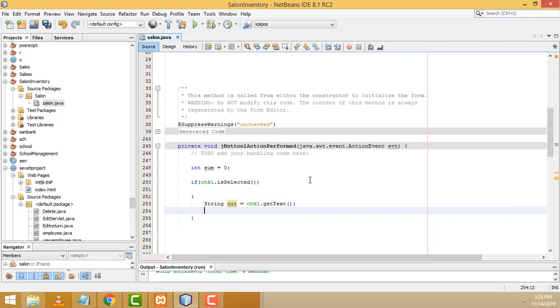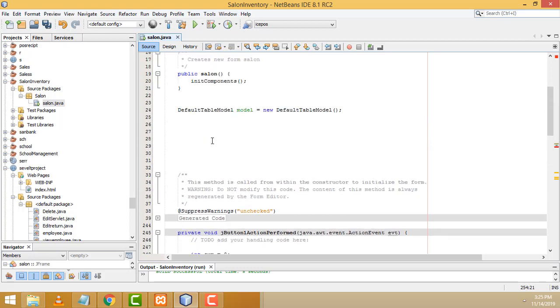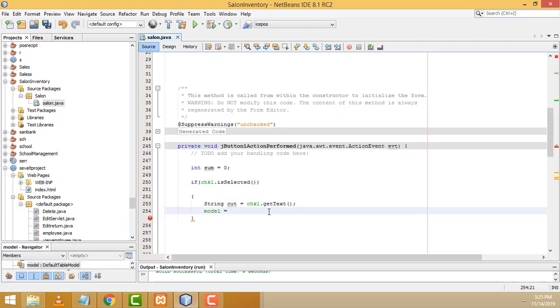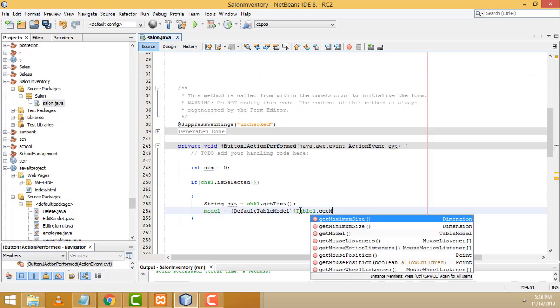After that, you have to write model equal, Control C to copy this, you have to write the bracket, paste it here, and write here jTable1 dot getModel,